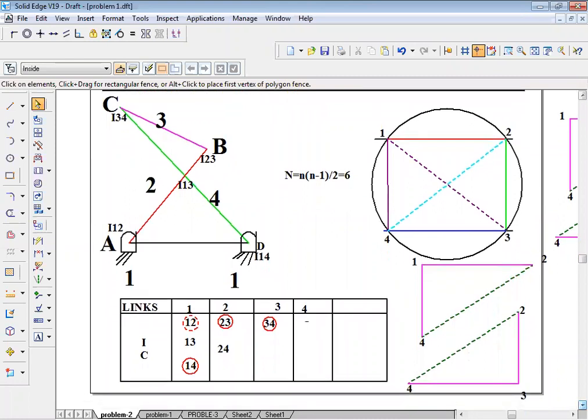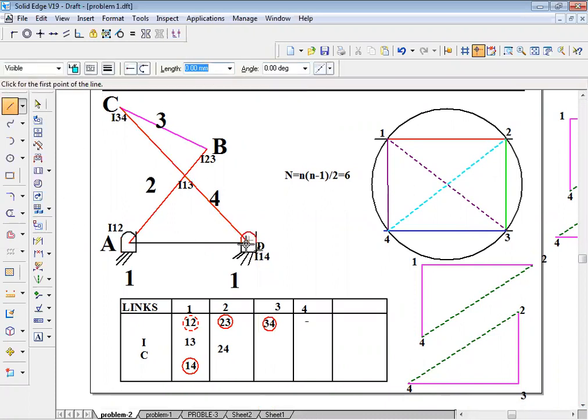First I will see the first triangle, I12 and I14. Where is I12? Here. I14 is here. So I'm going to extend the line with respect to this one with a hidden line. I don't know the line, I'm just going to draw. Next, I23 and I34.